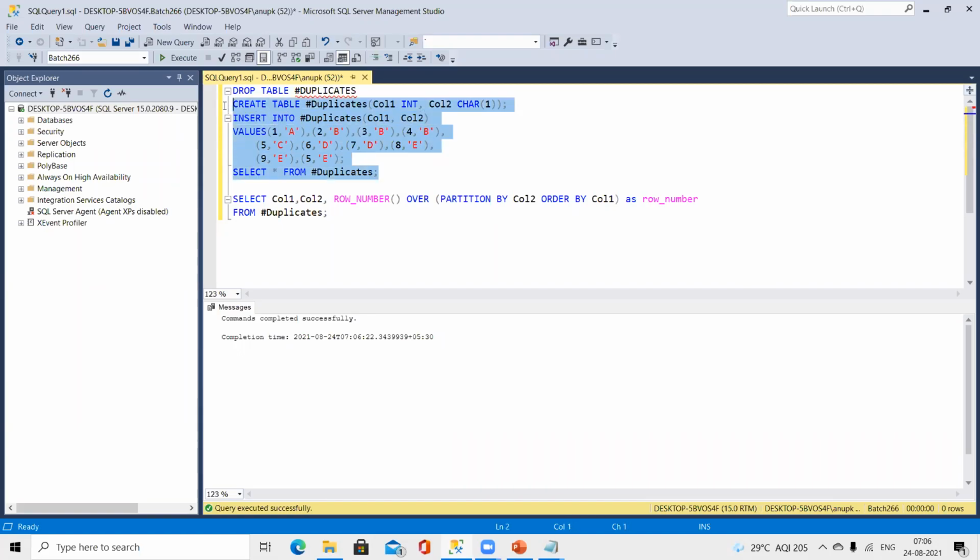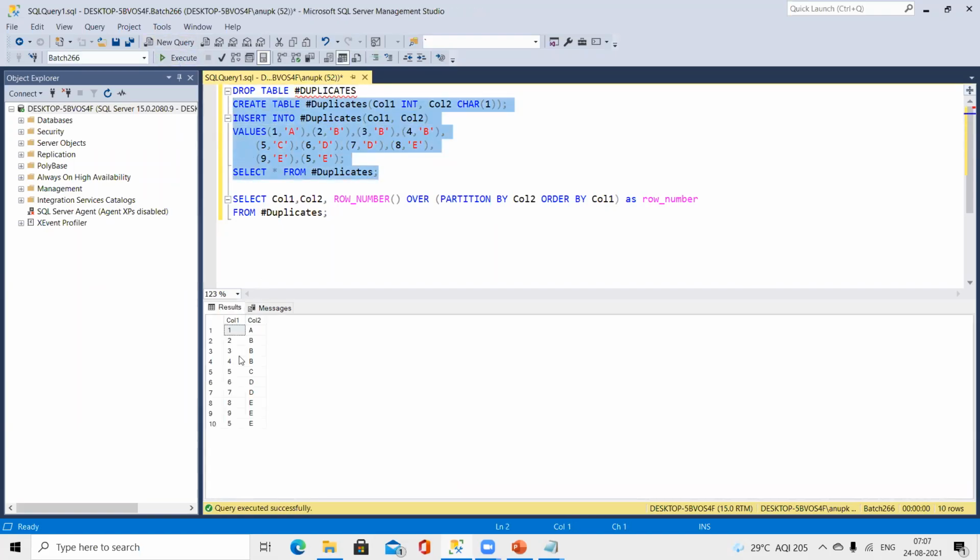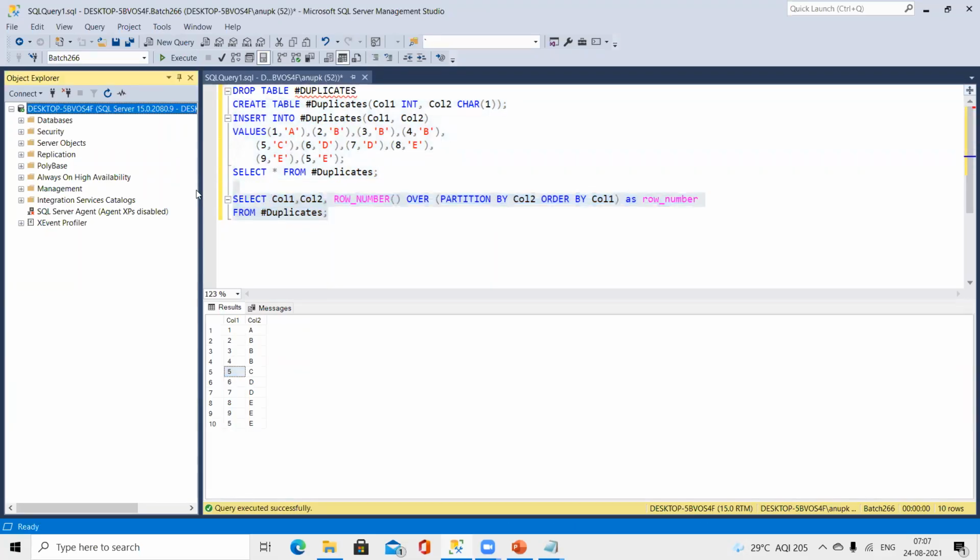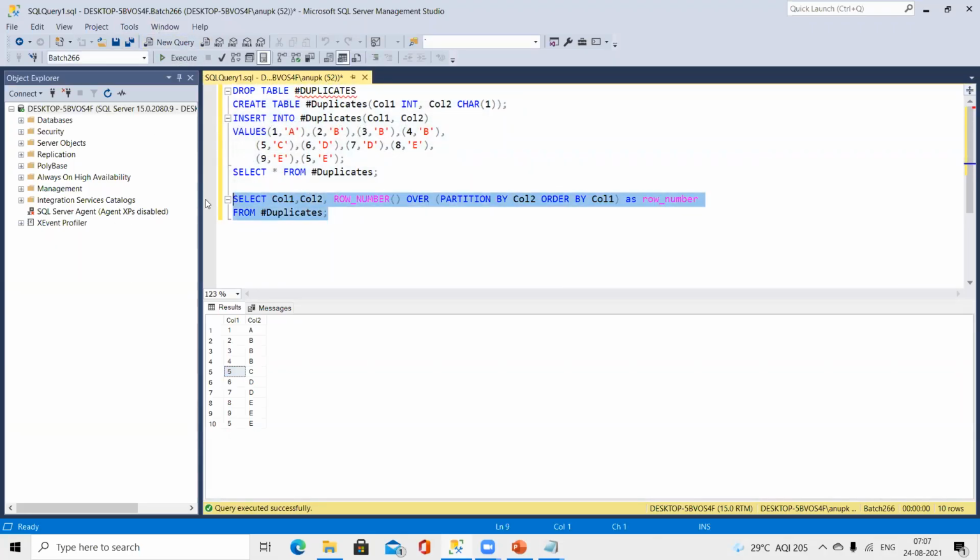Now I'll again create this record set. Now you can see that there is some variation. Only this 5 is getting repeated, and I have kept that intentionally here just to show you what happens when we are ordering on the basis of that column, and that column is having duplicate values. So I'll just execute this query for now. Now if you see the execution here,